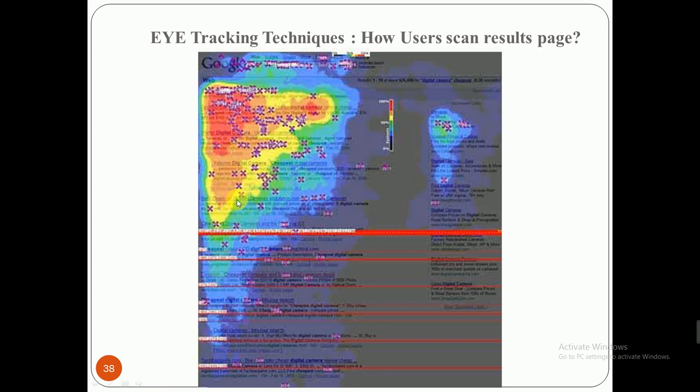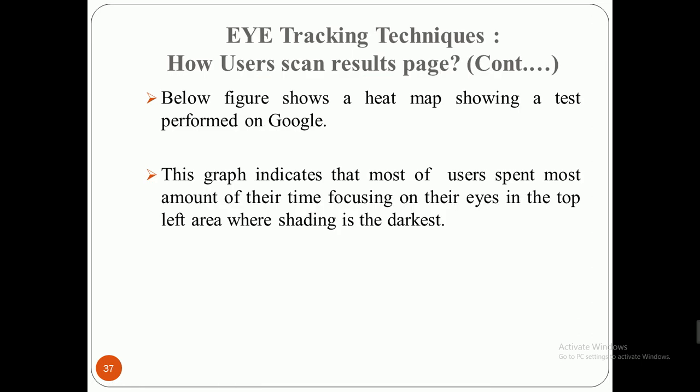If you look more closely, you can see the yellow part is like an F-shaped pattern. See, the cursor is moving along the F-shape. This may be the F-shaped result. This is the second part which will be reflected, and after that, the user will see the other links. So this is what you can check out.